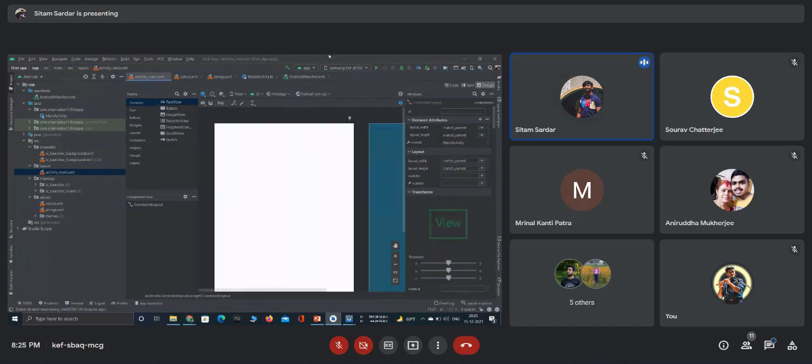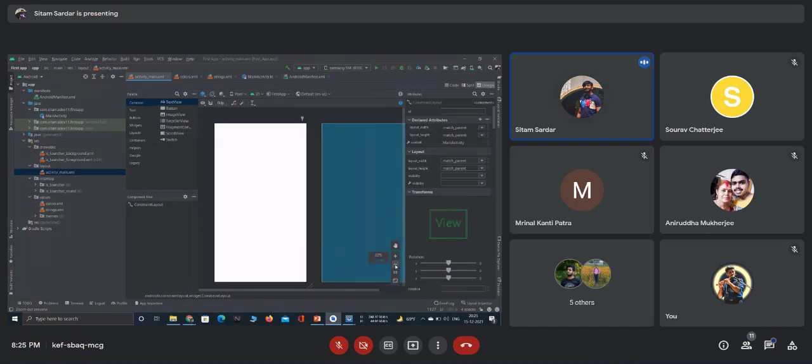Now, let me explain a little bit about this section. In this section, look, there is button, image view. Leave these things. We don't need to know about these things. There is also text view. Now, there it is saying constraint layout. I have explained what constraint layout is. Actually, constraint layout is nothing but a container, this container-like thing.